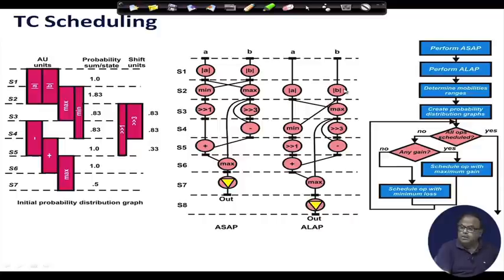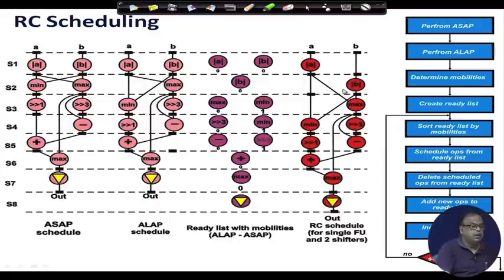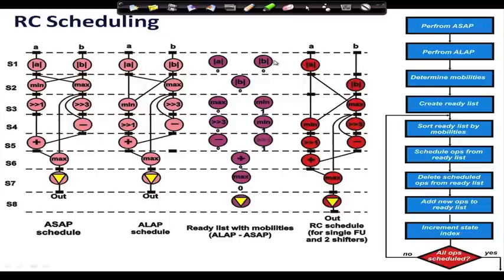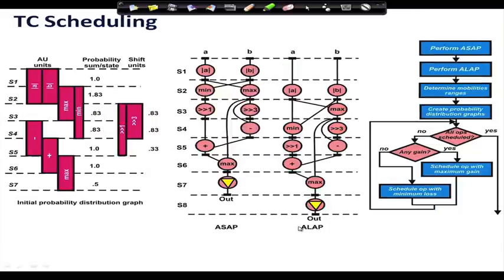Now, this ALAP schedule is different from the ALAP schedule that was shown earlier, right? This ALAP schedule is different, because you see this ALAP schedule completed the operations at control step 7, but here my time constraint that has been given is control step 8. I am more relaxed at the time. Therefore, if I start my ALAP schedule, I will take advantage of that.